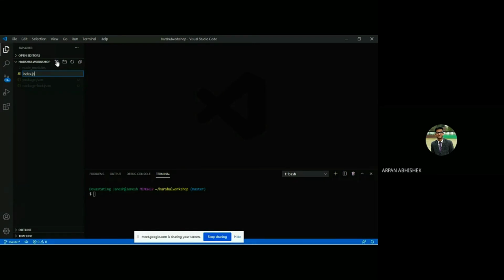Press enter, and it will create a new file. Here we'll write the server configurations, and I guess you can see that in the recording as well. Thank you so much, Arpan.